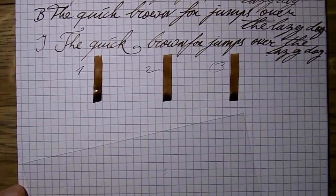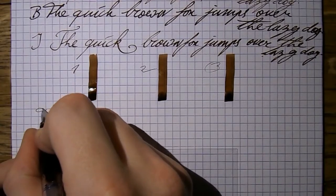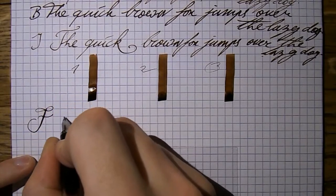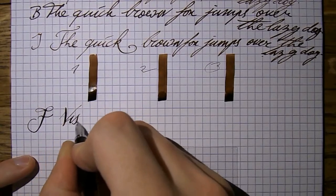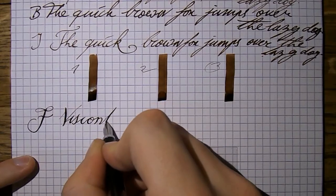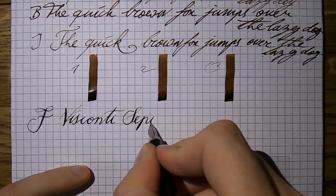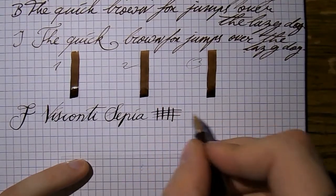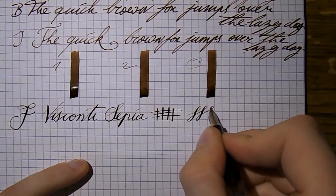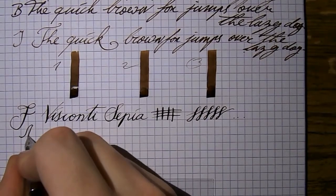Let's do a bit of flex writing. Always interesting. So I think Visconti is a good flex word, if my pen doesn't railroad. Visconti Sepia. Much darker and more saturated when used under full flex. Difficult to get line variation out of this pen, but